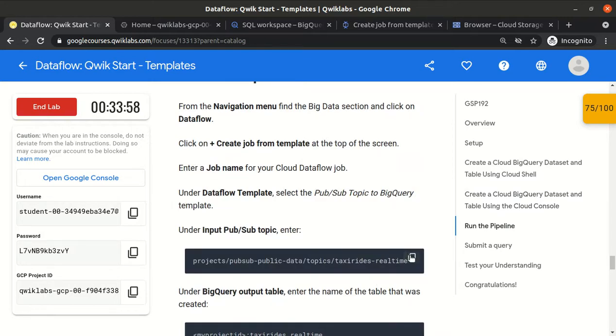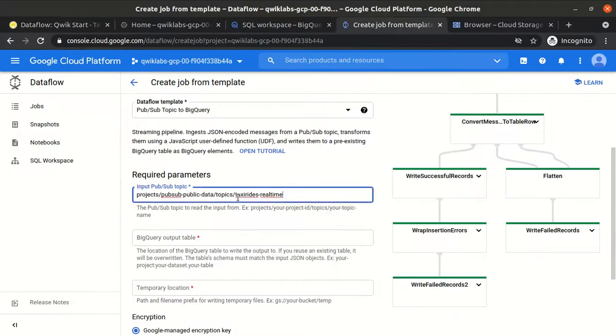Okay, so now we have to give the Pub/Sub topic name. As I told you, we need to give the Pub/Sub topic name in this format: projects / your project ID. Our project ID is different, but here I am using the public project data. Google has provided some public project data as well, so that is the public project ID, the public Pub/Sub data.